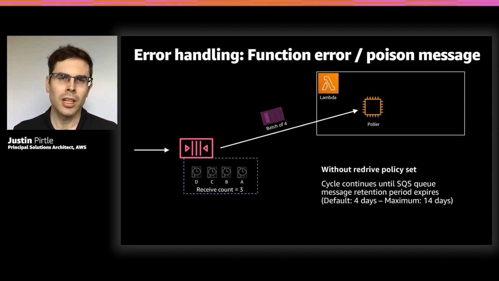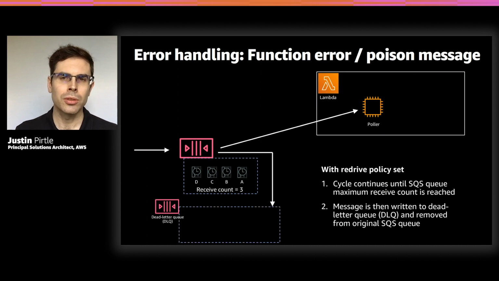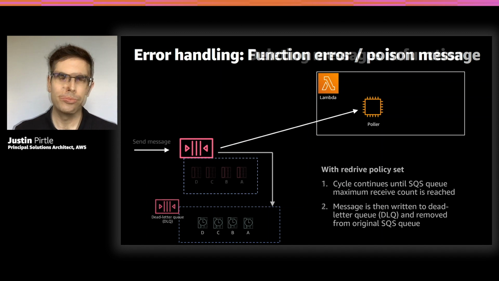Now you don't want to waste all that time processing a dead message. So as a best practice, we always recommend using redrive policies. And what this does is it allows the SQS queue to know the max attempts or receives that should happen per message. And when you reach a max receive count, write the message over to a dead letter queue. In which case, at this point, if all of the messages in the batch were all tried at once and failed at once, the entirety of the batch would go to the dead letter queue. So here we have the receive count of 2, and you can see that all of the messages were moved to the dead letter queue in conjunction.